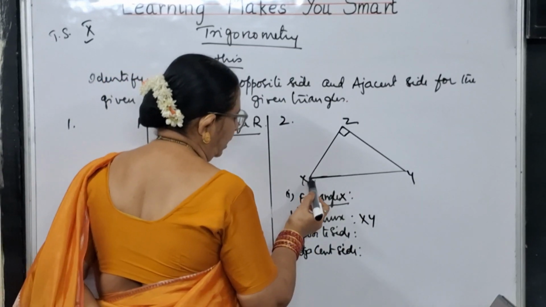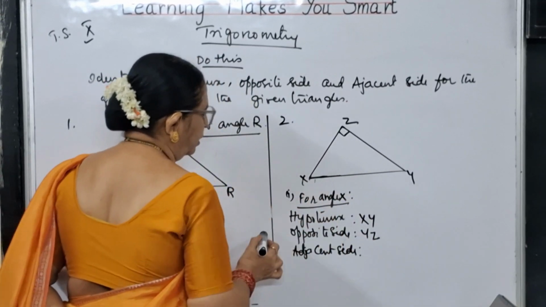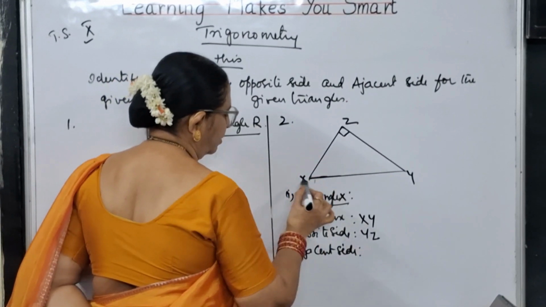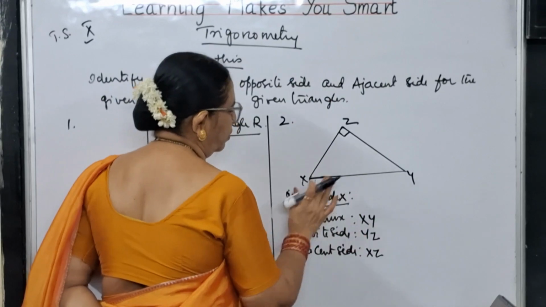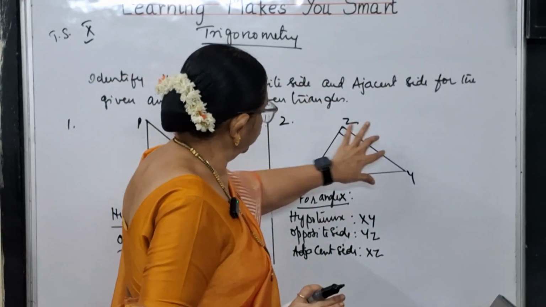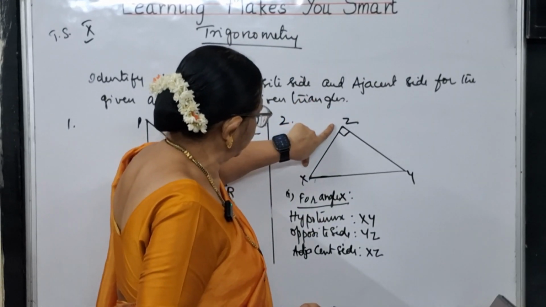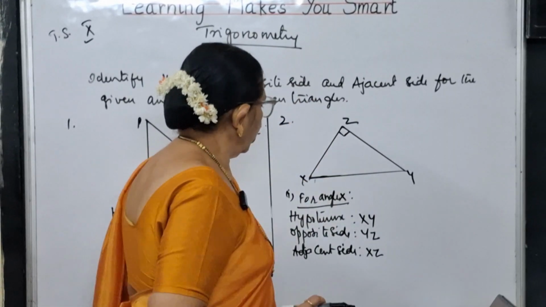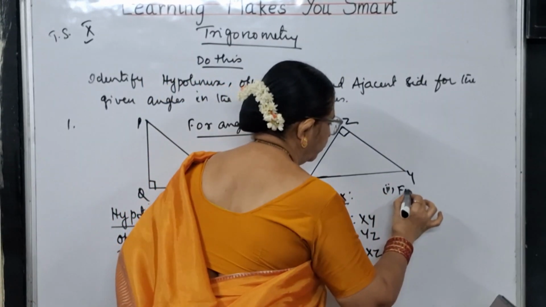So for angle X, opposite side is YZ and adjacent side is XZ, because hypotenuse already we have written, and we are always in touch with these two sides only. So here for angle X this is adjacent side, and for angle X this is opposite side. And the second bit they are asking for